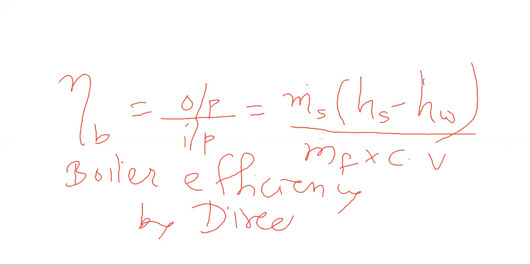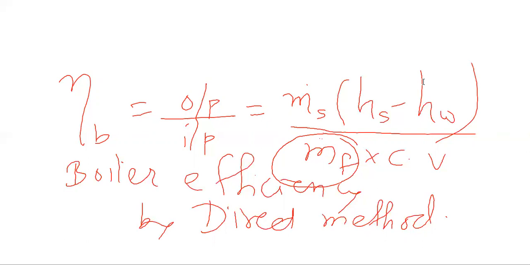And you look at this, if you are taken to an industry where there is a boiler and you are asked to determine what is the efficiency of that boiler, what observations will you take? Look at the expression. You would be interested in knowing how much fuel that boiler is consuming. So you would be taking the reading of the fuel consumption rate of that boiler. When you visit the boiler and are asked to determine the boiler efficiency by direct method, you would be interested in knowing the fuel consumption rate, let us say per unit time. And you would be